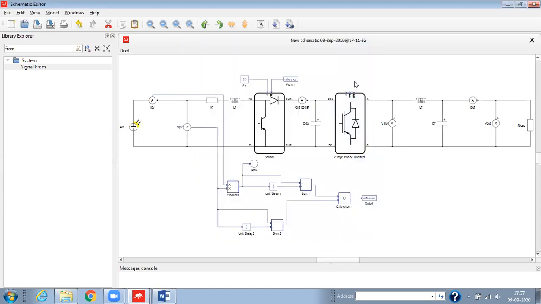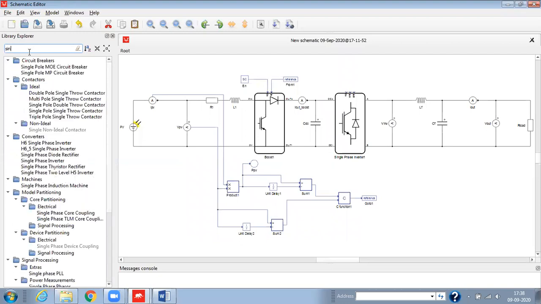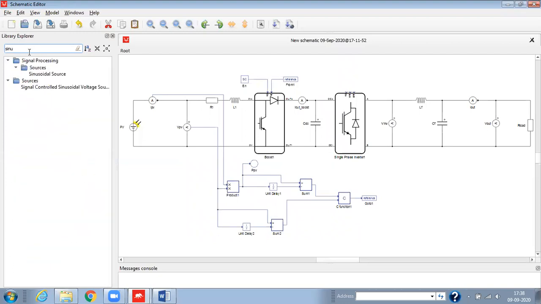Here you can observe that we have three signal processing legs. The first one is to enable and disable this single phase inverter, and the other two are to provide the reference signal. For providing the reference signal, we are going to use open loop control logic. So for that, we'll drag a sinusoidal source.